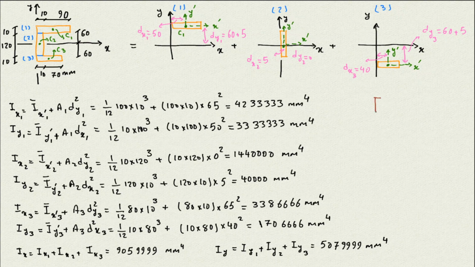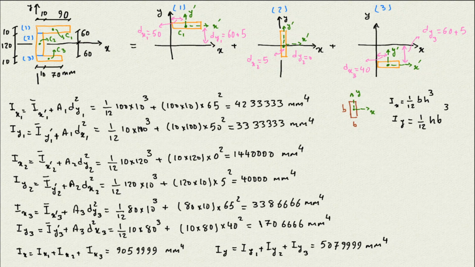If we have a rectangle like that, with b and h, and the x and y going through the centroid, then Ix is going to be 1/12 of bh cube, and Iy is going to be 1/12 of hb